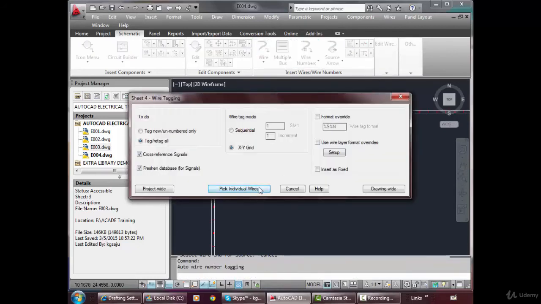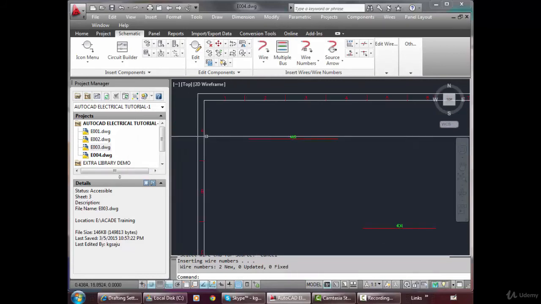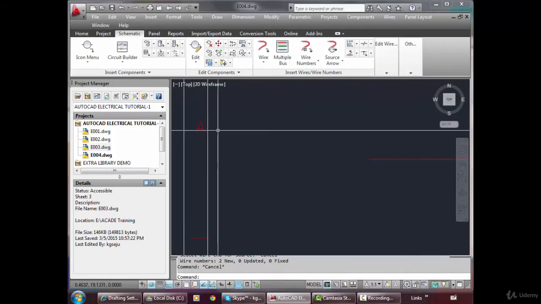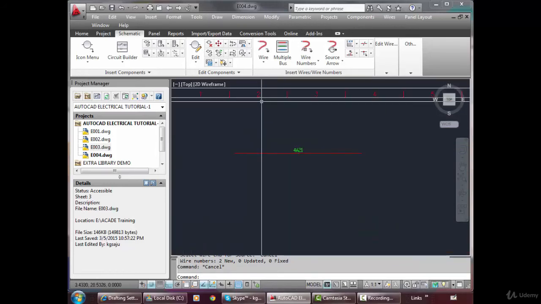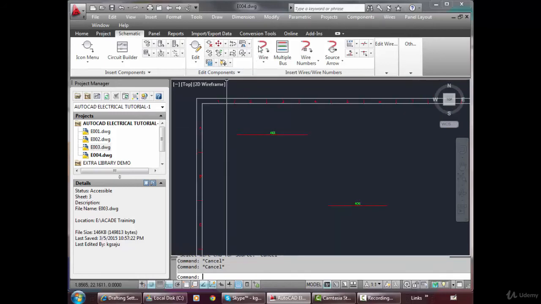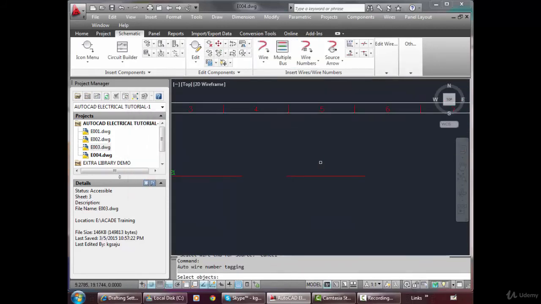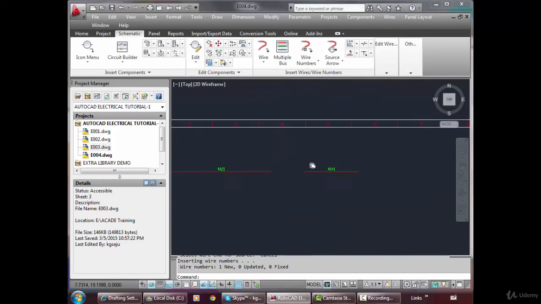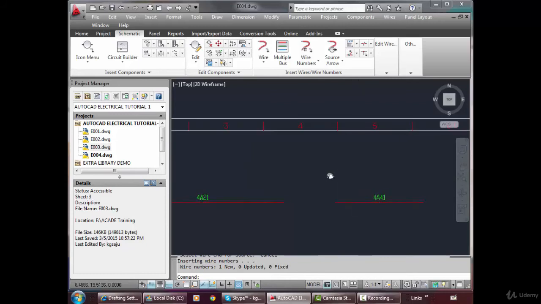Wire number, pick individual wire. 4A, sheet number 4. Now comes first A. Earlier case, when it was 4 2, first sheet number, then this column. Okay, A 2 1 2 is here, and if I draw a line here, it will be 4A 2 2. Sorry, no, it won't be 2 2, it will be something around 4 or 5. 4A 4 1, because 4 is sheet number, A is this, and this is 4 1.